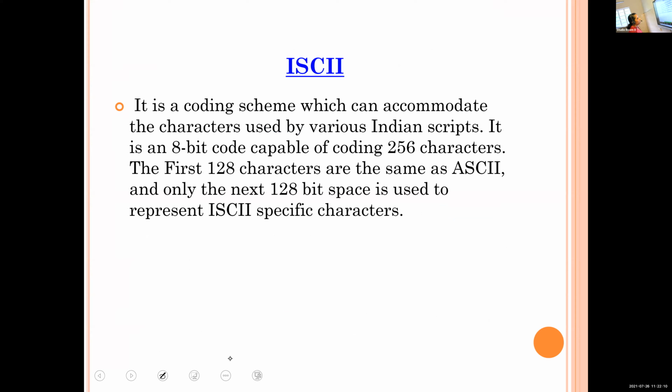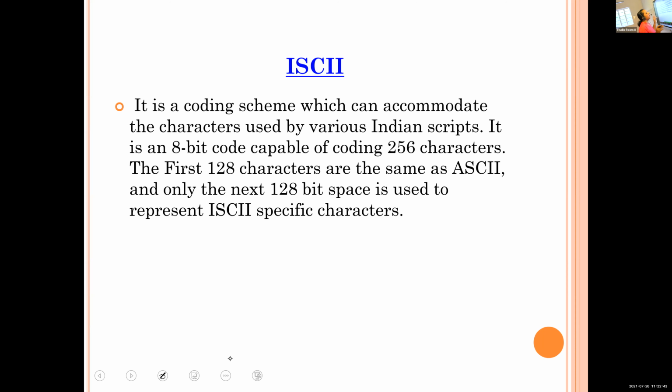ISCII is based on the Indian Standard Code, so we have representations for our Malayalam language, Tamil language, and all our languages' values are included in ISCII. That is Indian Standard Code for Information Interchange. In American Standard Code for Information Interchange, we include only English alphabets, some special characters, and 0 to 9 digits. These are included in ASCII.